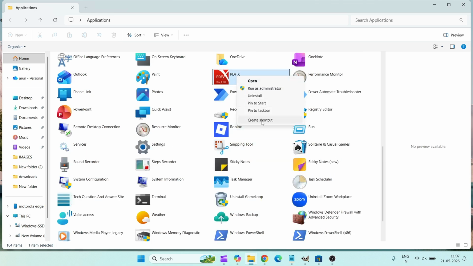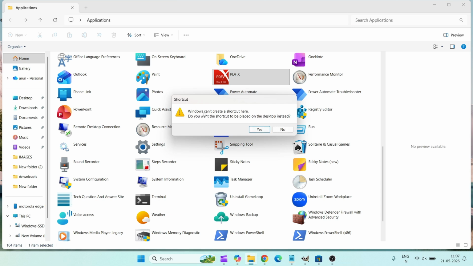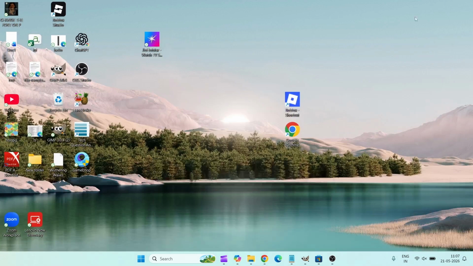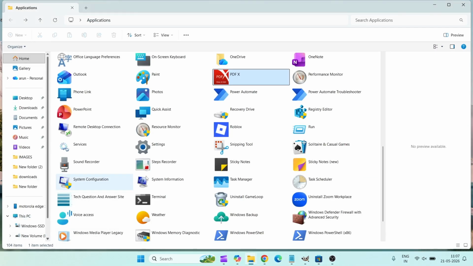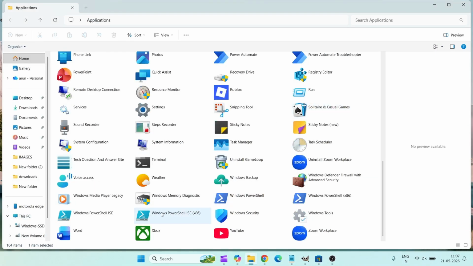Right click on this and click on create a shortcut, and it is saying Windows can't create a shortcut here. Do you want it to be placed on the desktop instead? So just confirm it as yes. So here you'll have the PDF app we downloaded from the Microsoft Store on the desktop. Likewise you can execute this command and you can keep any of the applications on the